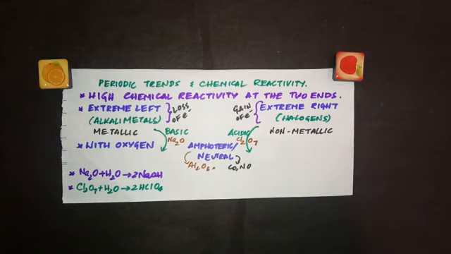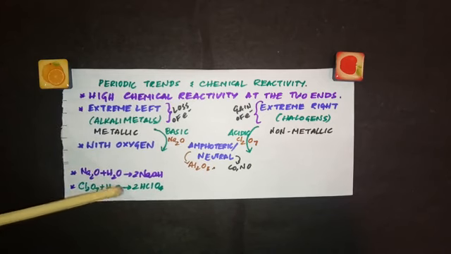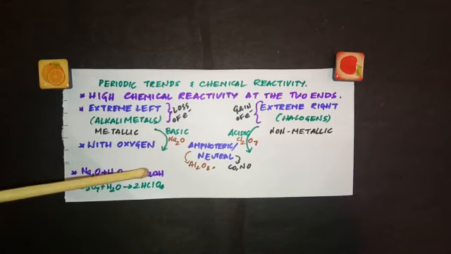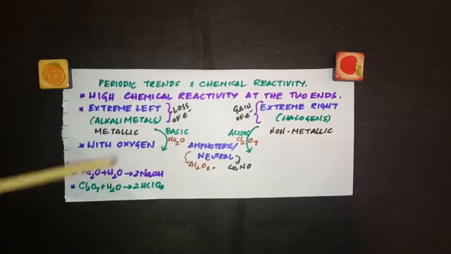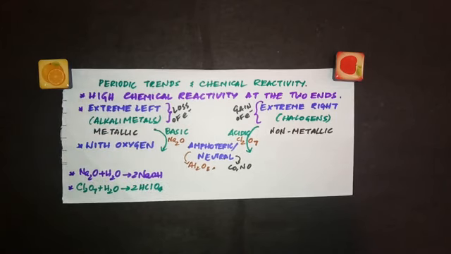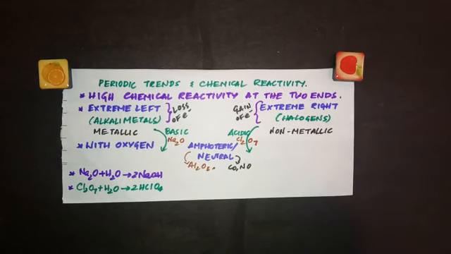You know how we prove whether an oxide is basic or acidic? Take that oxide, treat it with water. If it gives you a basic solution, then that oxide is a basic oxide. If that oxide gives you an acidic solution, then it is an acidic oxide. So Na2O gives you sodium hydroxide with water, which is basic. So we say Na2O is a basic oxide. In this extreme left, the metals, when they react with oxygen, give basic oxides. These non-metals, when they react with oxygen, give acidic oxides.